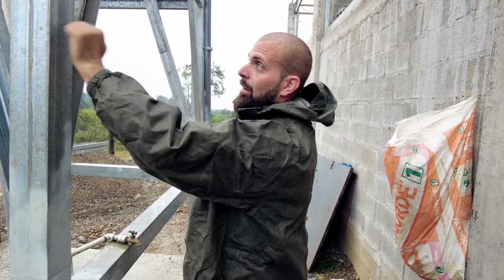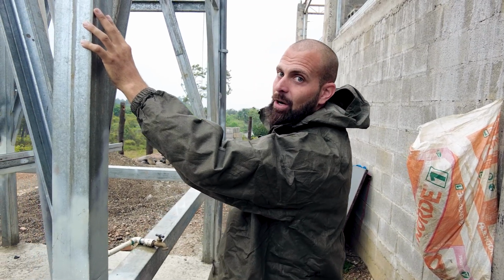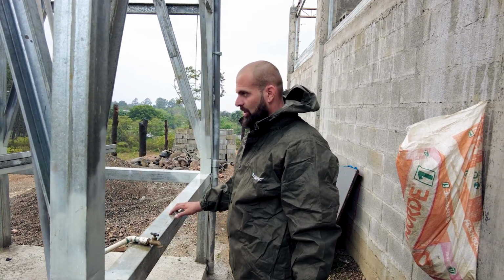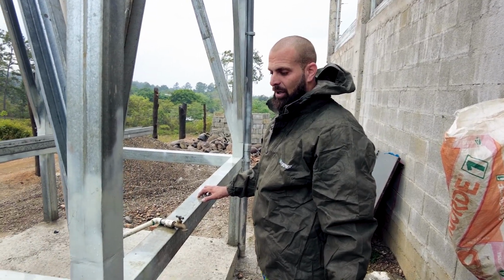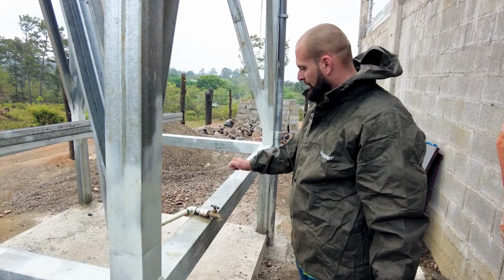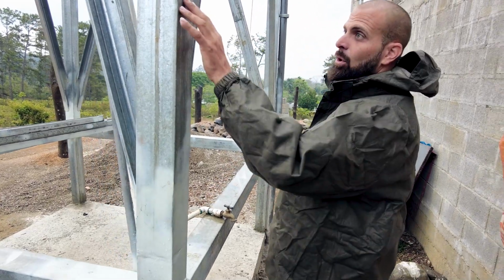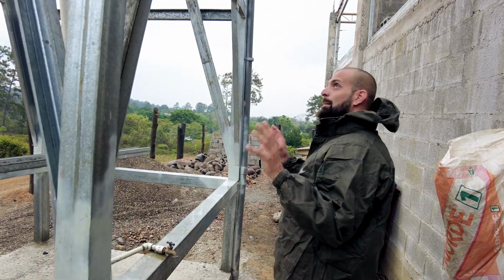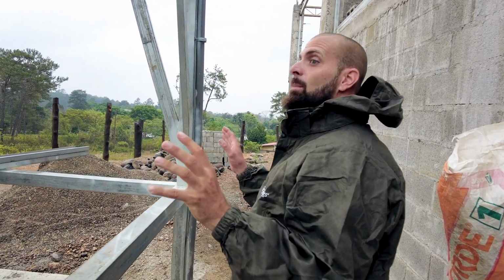And now, being filled with concrete, they can't buckle. So you can hear the difference in this one. I actually didn't fill these supports because they're not necessary. There's not really any buckling force against them that can buckle them. And then the four corner posts, solid, filled with concrete, and now I was able to get what would be like